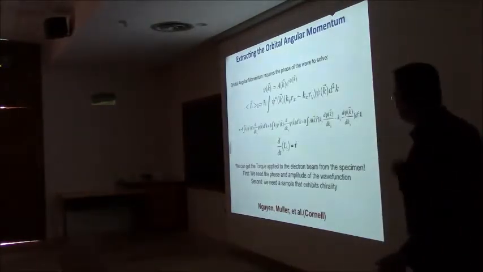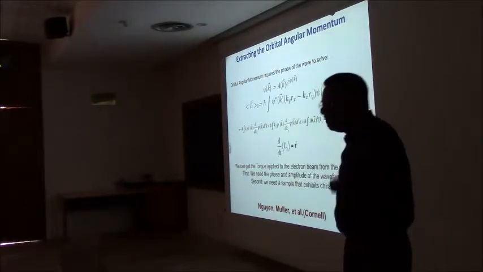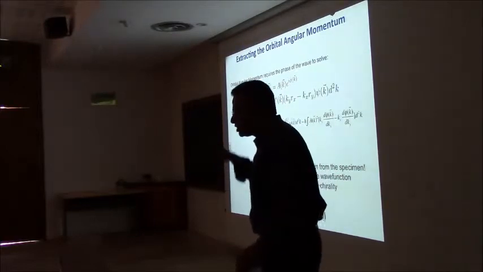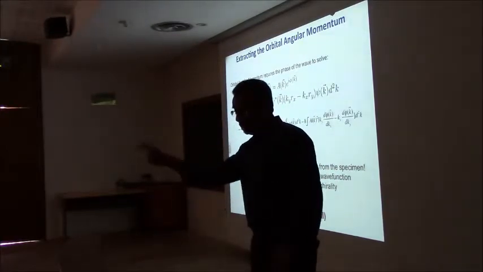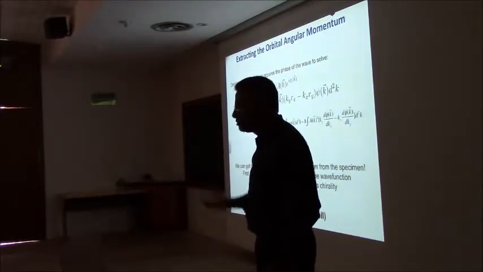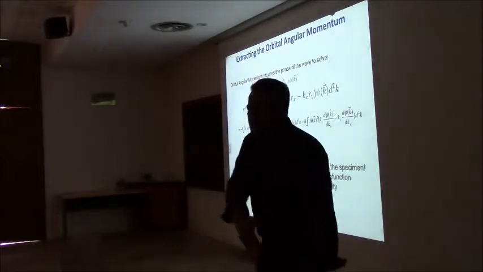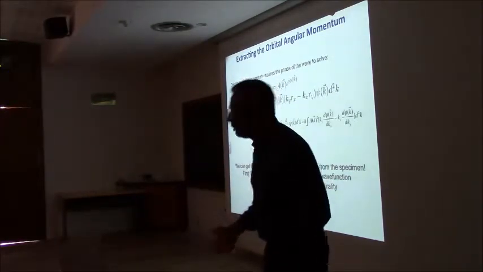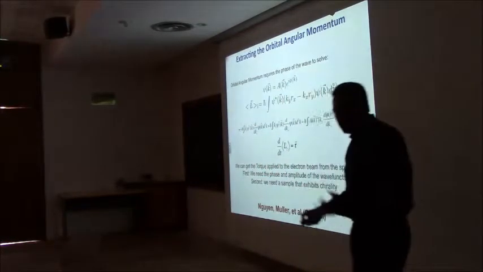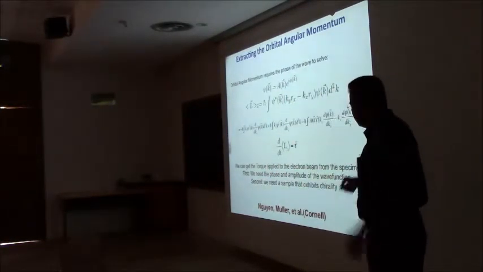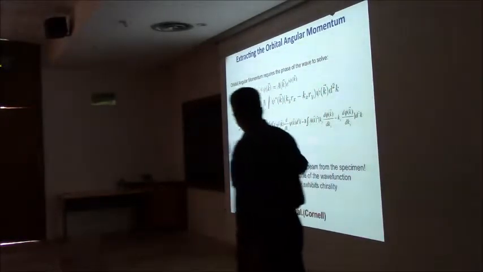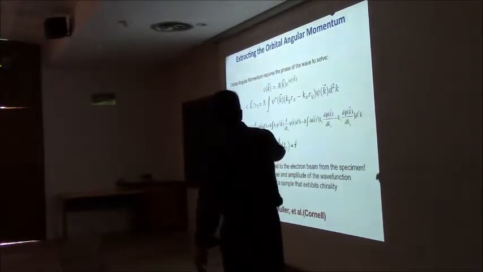Okay. So basically you can say, what is the angular momentum that's imparted to the electron? The electron is going through the sample, but the sample itself is rotating like this, or the dipoles are rotating. What does that do to the angular momentum of the electron? So in some sense, I can map out what happened in the sample by looking at what happened to the electron. So at the end of the day, you get a torque that's imparted to the electron. The electron is being rotated. That's the time derivative of the angular momentum, basically. This is just from our mechanics classes. And you get all of that from the wave function, etc.